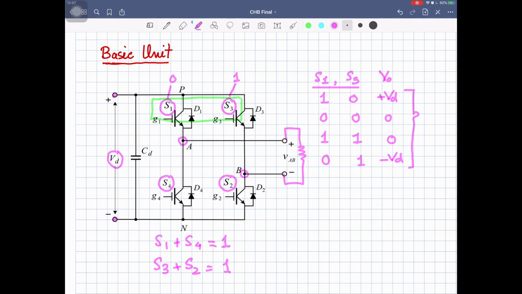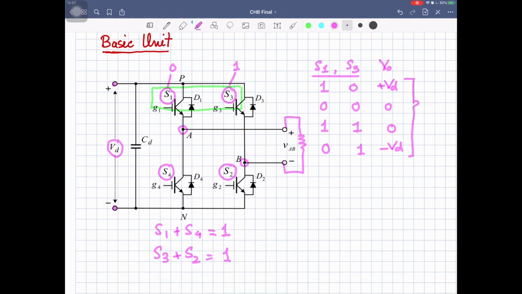So now using these switching states, I can construct the output voltage waveform. So how many steps can I get? If I sketch it over here, what I can get is the 0 volt level, right? For 0 volt, I will have to select either switching state 0 0 or switching state 1 1. Then if I need plus Vs, which switching state will I have to apply? 1 0 switching state. If I apply 1 0, I will get plus Vs or plus Vd.